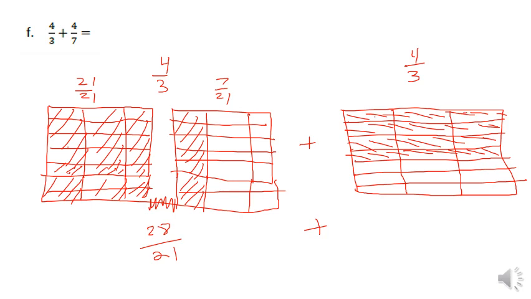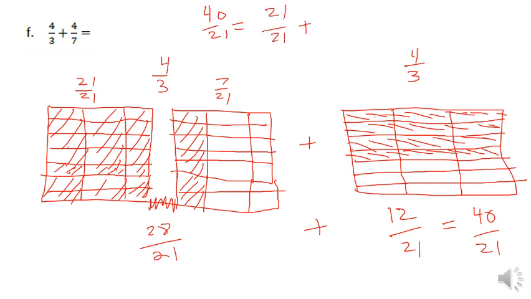Now over here I've got 1, 2, 3 by 7. 1, 2, 3, 4, 5, 6, 7. So we know the bottom is 21, and we have 3 by 4, so it's going to be 12 21sts. When you add them together, we're going to end up with 40 21sts. Now 40 21sts is equal to 21 21sts plus 19 21sts, which is equal to 1 and 19